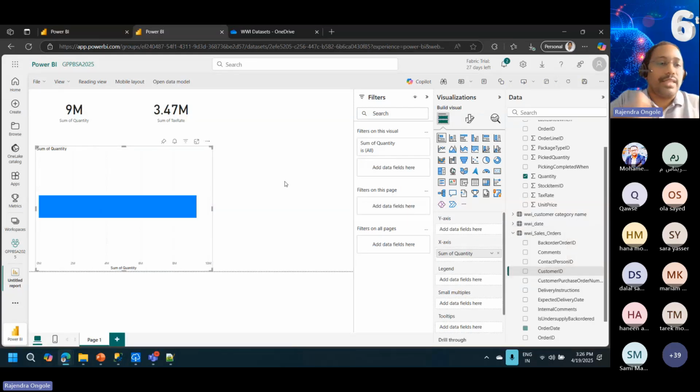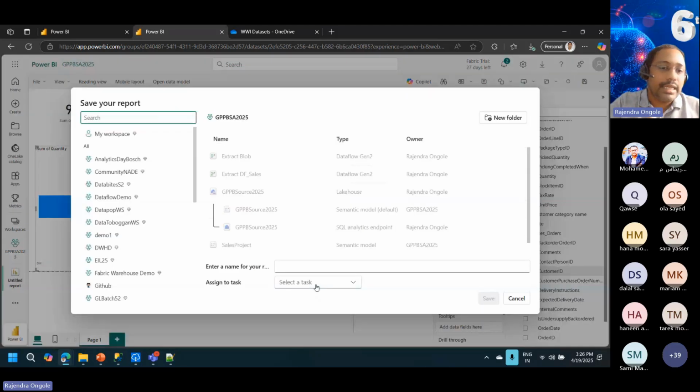Fine. So once you have created a report and you want to save it, we have an option here to save it, Control S. And also we can assign it as part of the visualizations, we can mark it. Currently I haven't assigned it. So I'm just giving the report name, sales report,